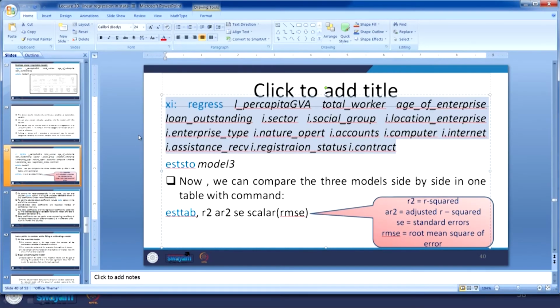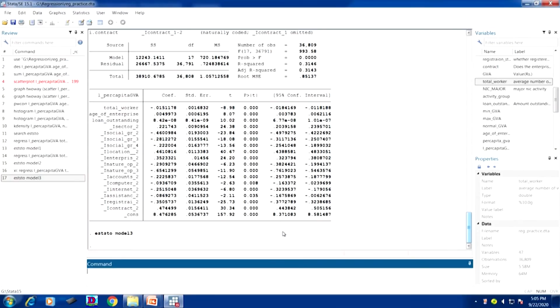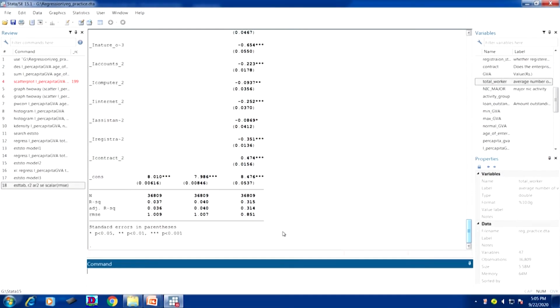So, now at the end, after discussing all those 3 regression models, we are there to compare. We are now going to understand the EST2 command and its results. So, we will just take this EST command, paste it and then we can find out the result.